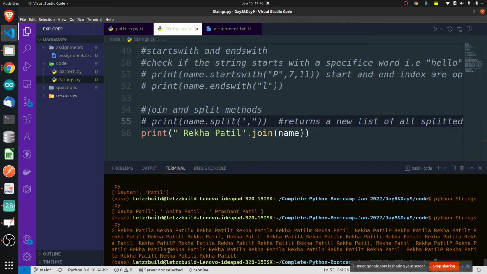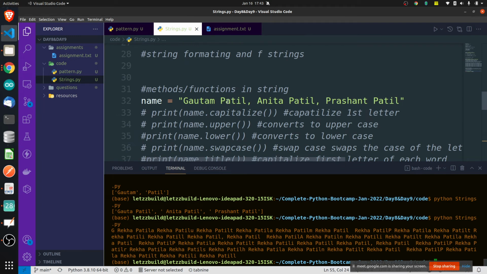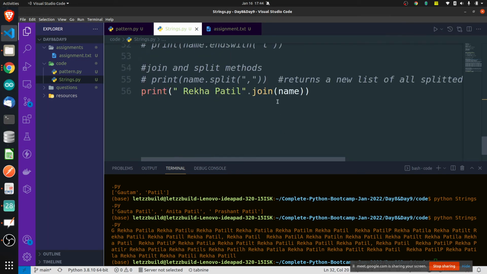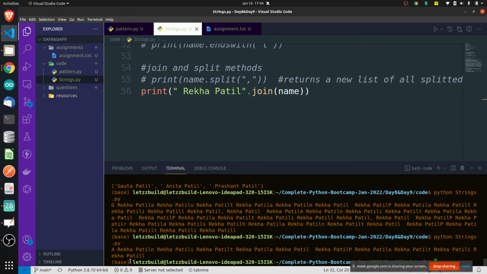Oh, what happened here? Let me remove all names. We have Anita Patil, and Rekha Patil.